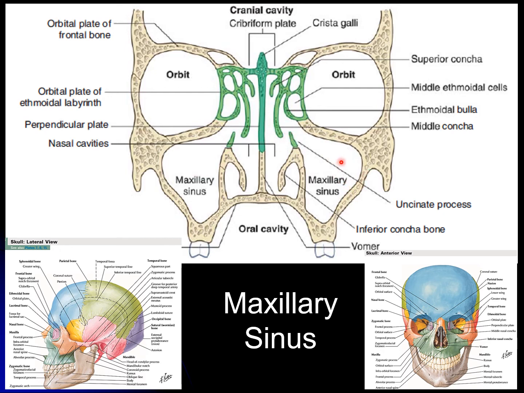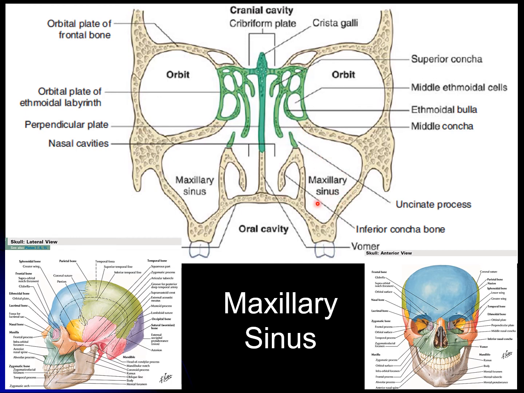So when we talk about the maxillary air sinus, it is a larger sinus. Its opening is in the middle meatus area. This is the inferior concha and this is the middle meatus. This is the superior meatus, middle meatus, and inferior meatus. Three conchae: superior concha, middle concha, inferior concha. These two conchae are parts of the ethmoid bone. This is a separate bone. So the maxillary sinus opening is in the middle meatus.